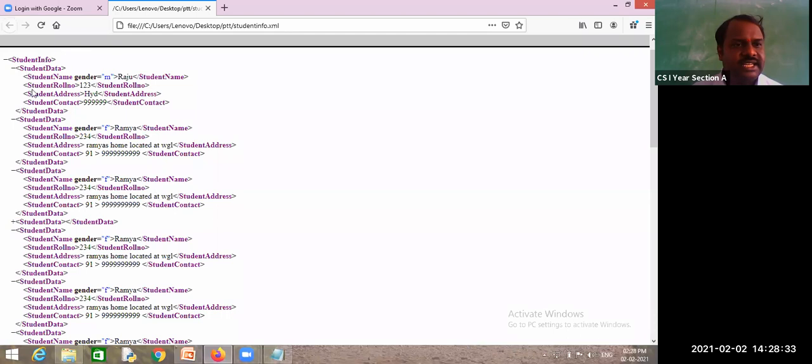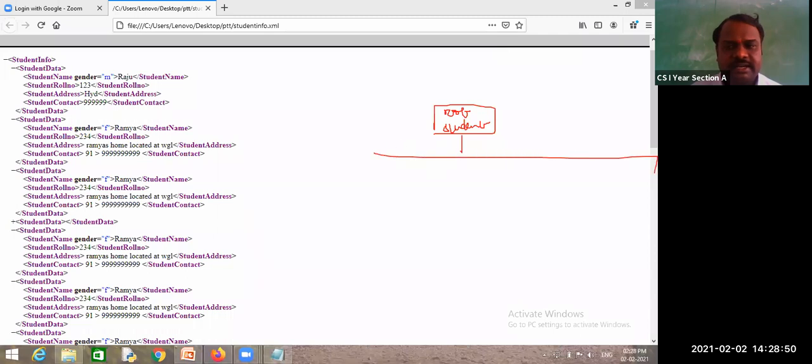See, what is the tree it has? Very simple. What is the root tag here? This root tag is student info, and it contains student data. How many student data does it contain? Many, multiple student data. This is student data, and another one is also student data.